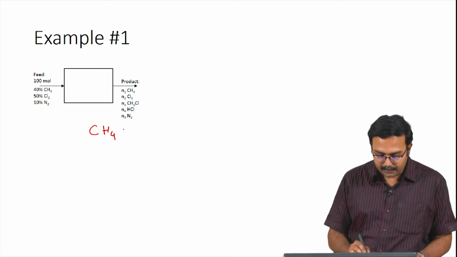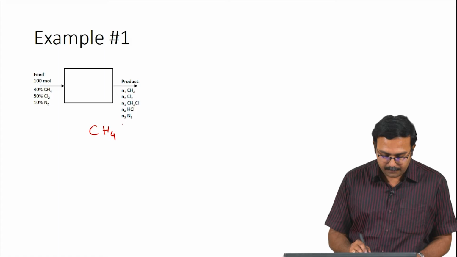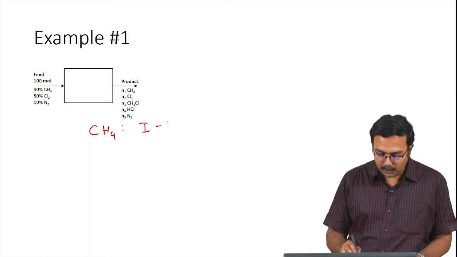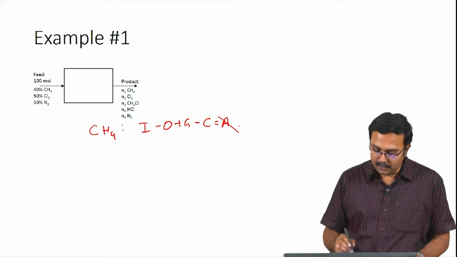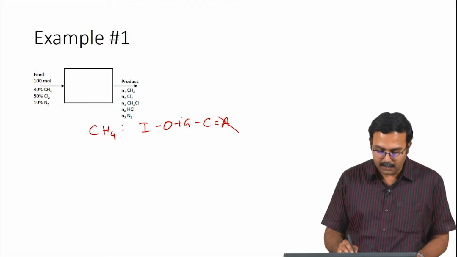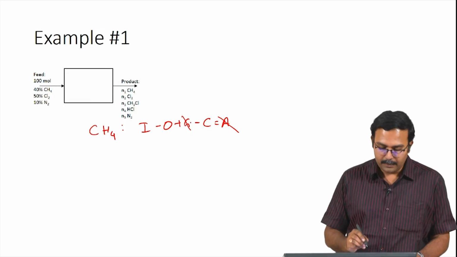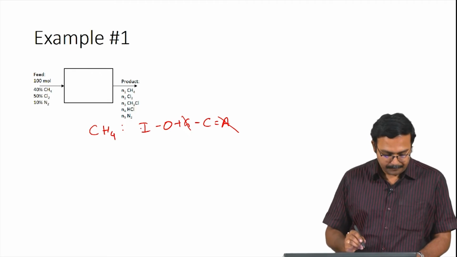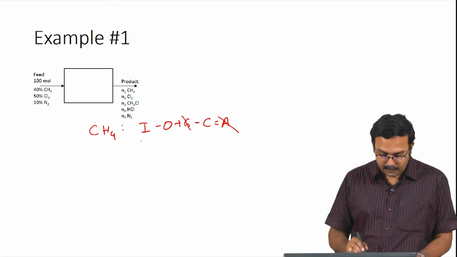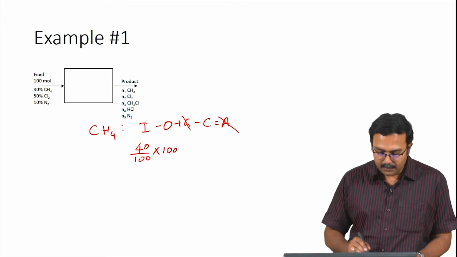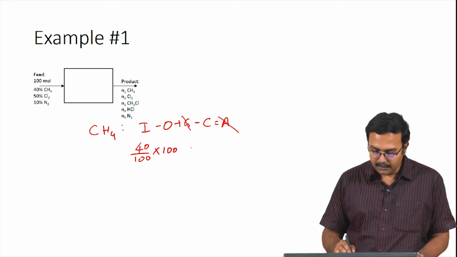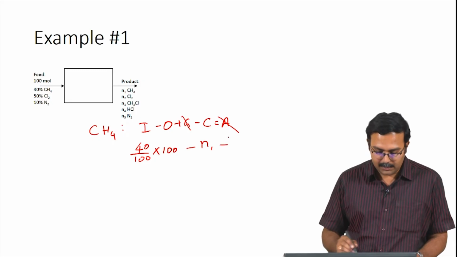For methane, the balance equation would look like input minus output plus generation minus consumption equals accumulation. Assuming steady state, accumulation goes to 0. Methane is actually taking part in the reaction, which means it will get consumed, it will not get generated. So, generation goes to 0. You have both input and output terms. So, this would mean that your input term, which is 40% of 100, giving you 40 moles which is coming in, minus the output term for methane, which we have assumed to be N1,